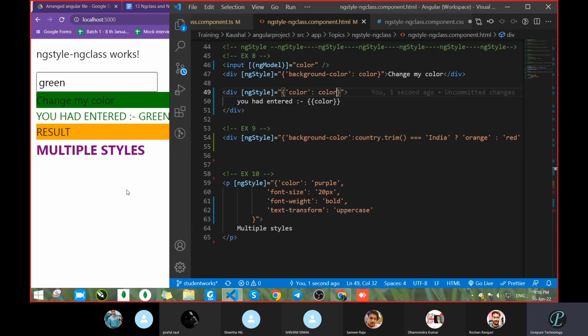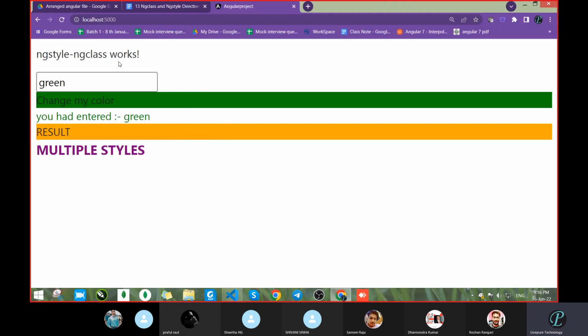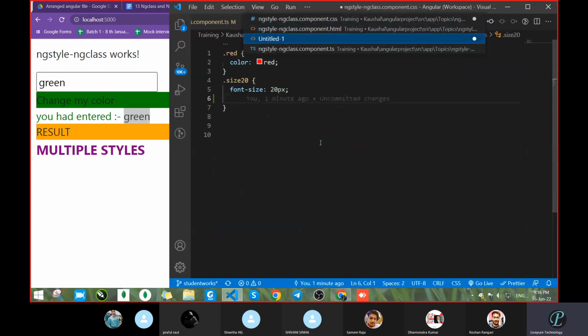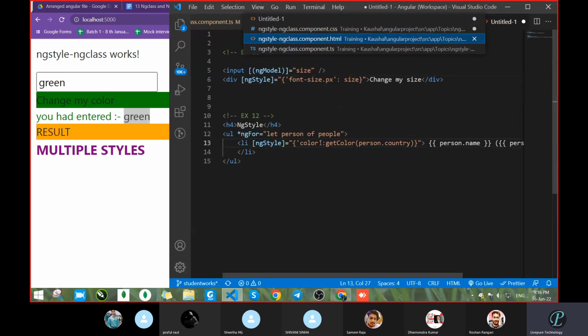Now let's see. We had removed the text transformation here. So let's see whether we are getting it. So we did not get it here. Why? Because we are printing the color. Okay. So what we will do,